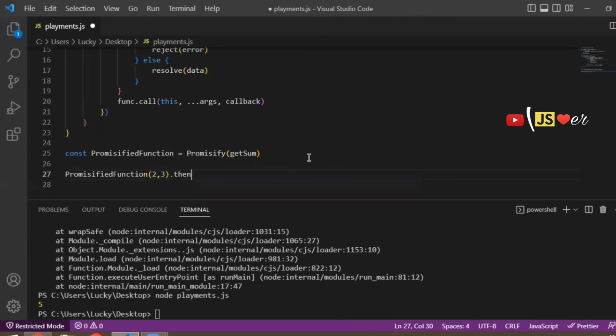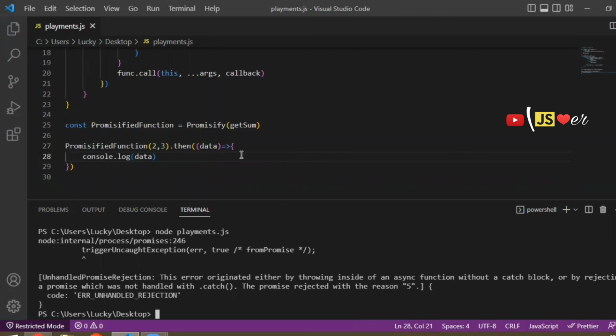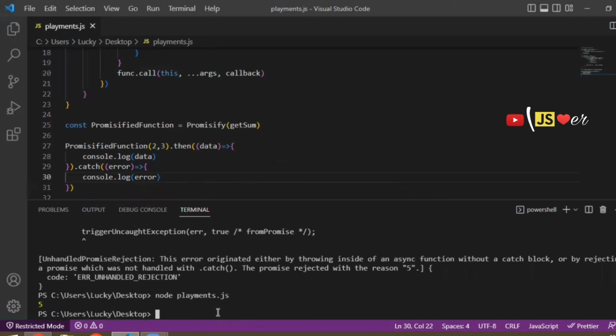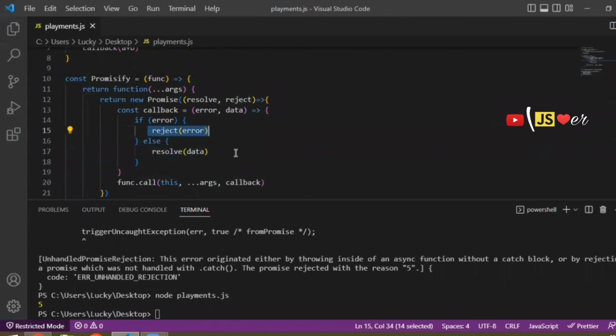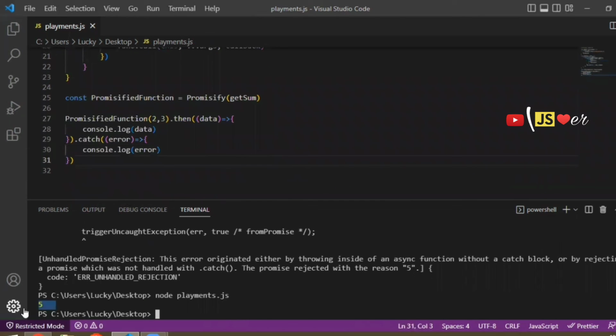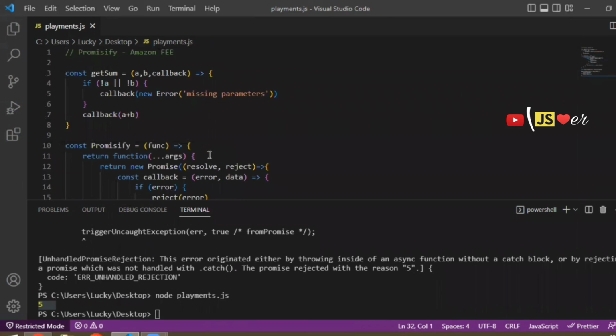Okay, here I am passing two parameters, 10 and another value. Here we have added the catch, because we are handling our catch here, and it has returned the failure. So this is how we write the Promisify function. So this question is asked in